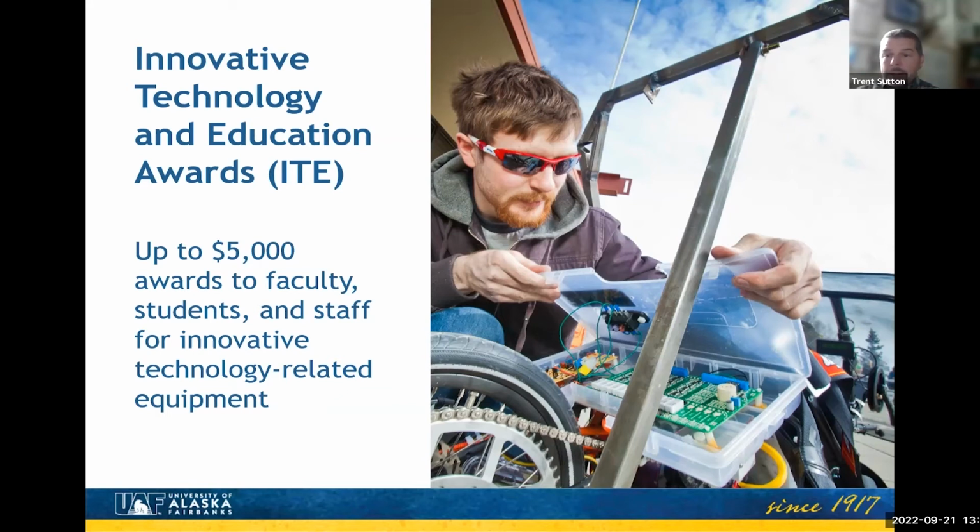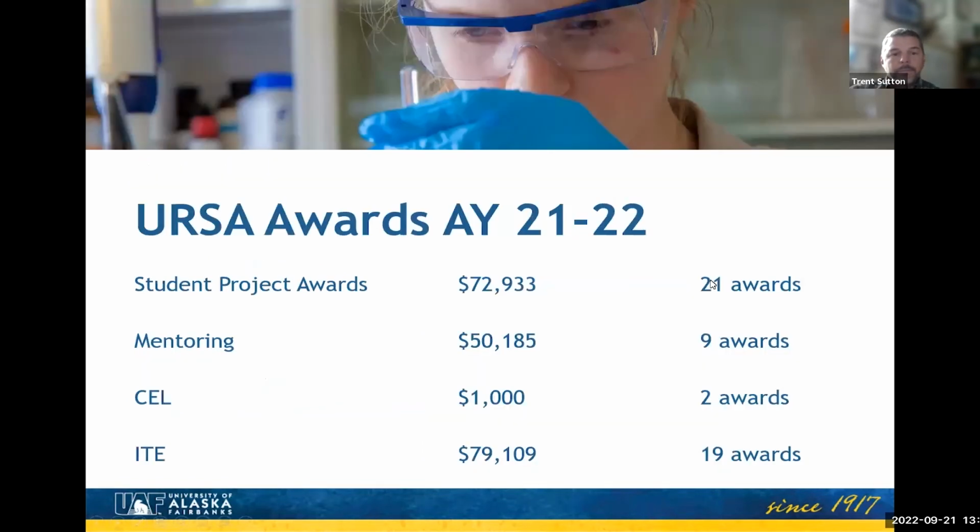So it might be something tied to a project you're working on or something you're doing for a class. But I encourage students to apply for these as well. This is one of our more popular ones because it's a bit bigger chunk of money. But this is an RFP you'll see pop open in the spring semester, and it can be used in support of something you're doing here. So we have a number of these opportunities that are available at various times over the course of a year that you can take advantage of.